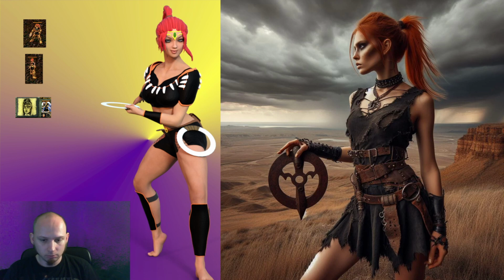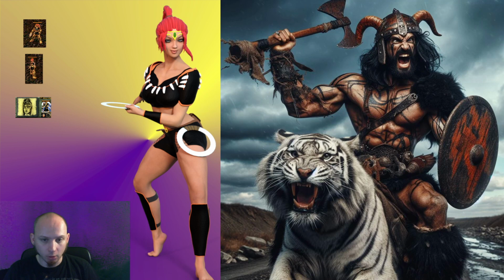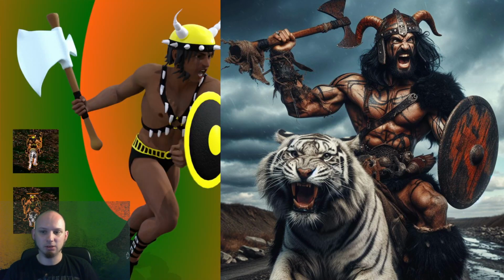Another example will be what I just had open. This is why I had it open. The Chaos Barbarian, right? Look at his. His is a symbol of power. He's strong. He's absolutely crazy.